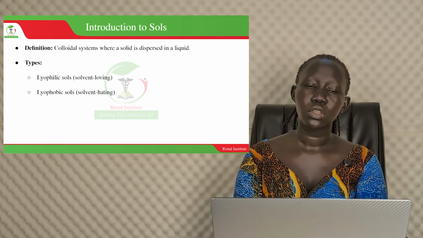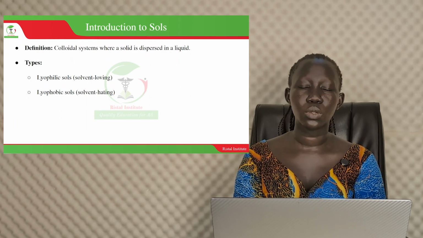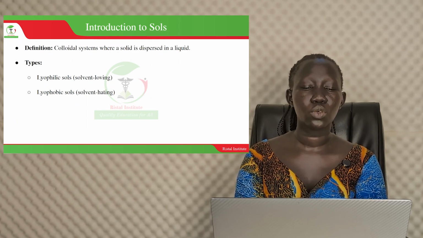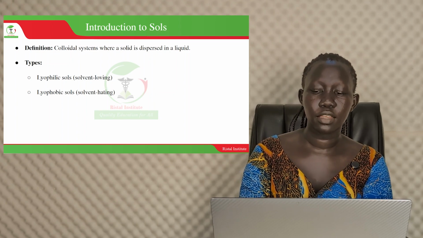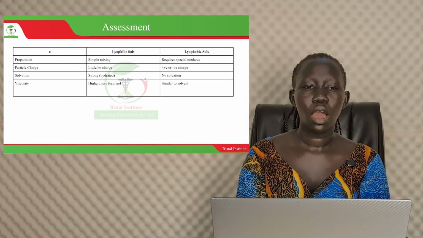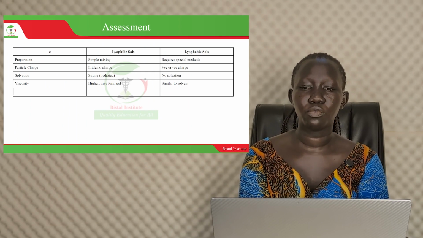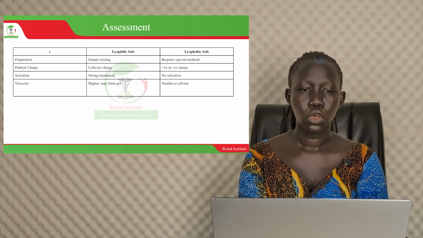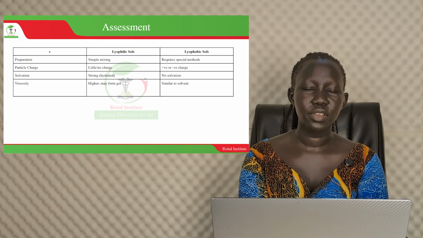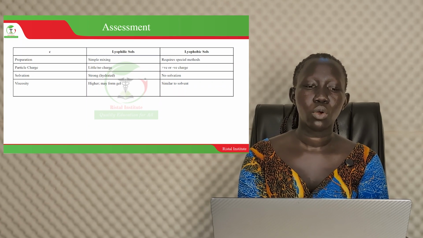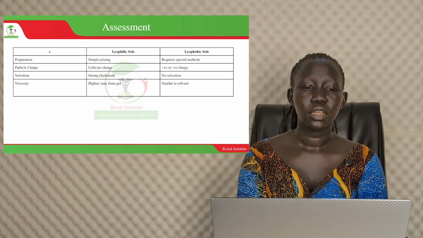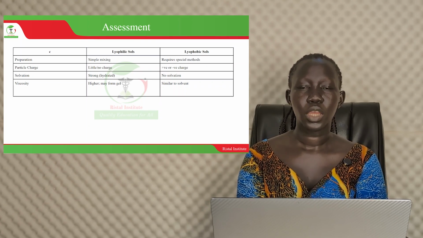And the types of sols we noted, we have the lyophilic sols, those are the solvent-loving sols, and then the lyophobic sols, which are the solvent-hating. How do we assess the lyophobic and the lyophilic sols? We can assess them by various distinctions according to the method of preparation, the particle charge, the solvation, the viscosity, and vice versa, and so many other